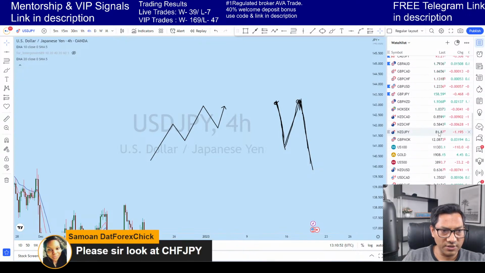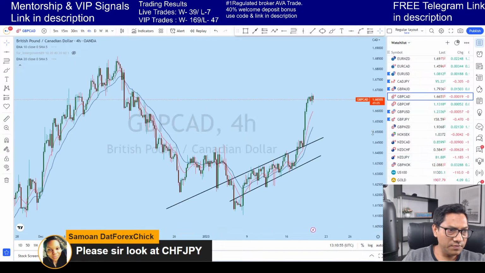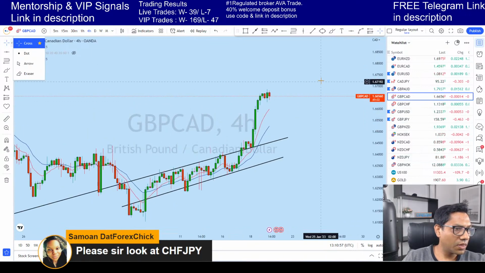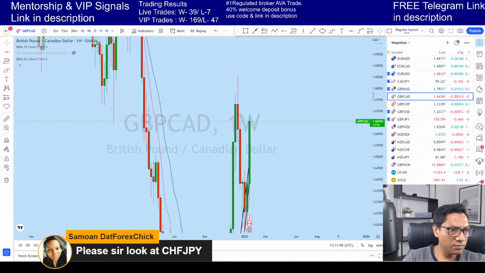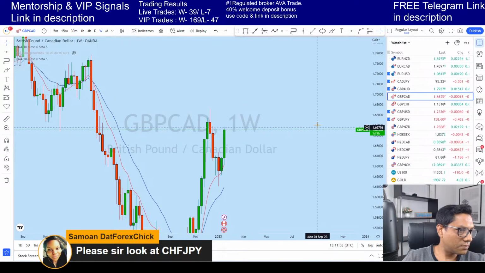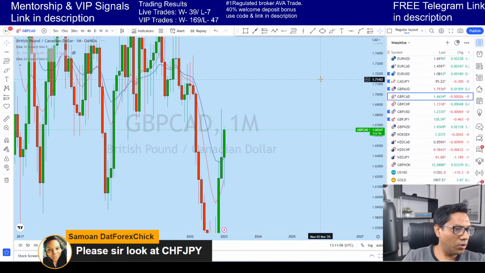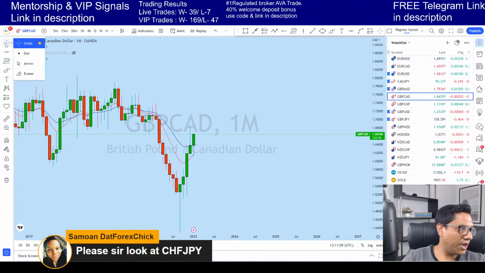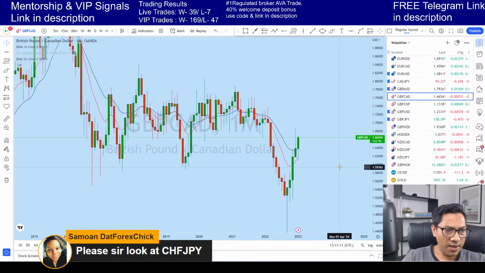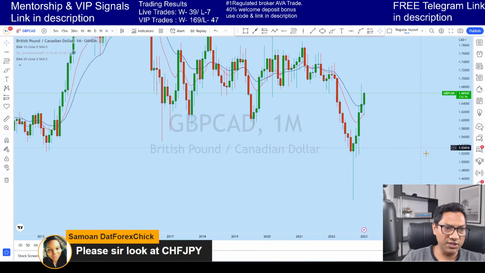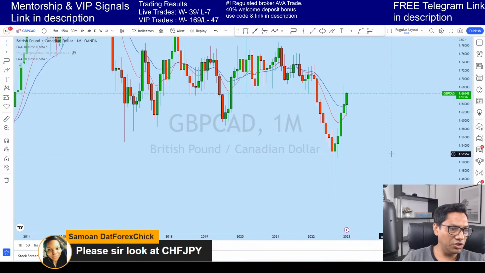Okay, so looking at GBP CAD, looking at the monthly perspective, I think that GBP CAD has prepared for another big bullish move. This is the monthly chart, and from the monthly perspective, GBP CAD has formed a very strong bullish move. Starting from here, there's a big rejection,